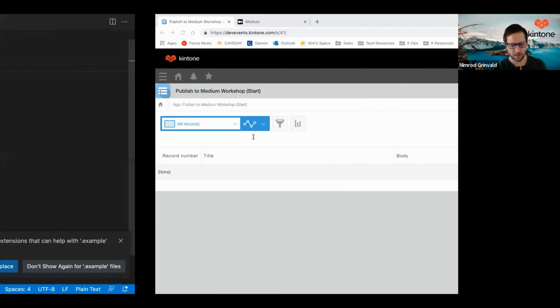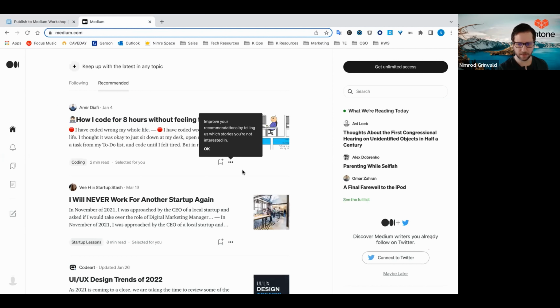Let's get the values. So how do you get the API token? Well, what I'd like you to do is to sign into Medium. If you haven't already created a Medium account, you can go ahead and do that. If you have, great, go ahead and sign in. You can sign in using Google if you don't have a problem using Google as your authentication gateway. There are a few other ones as well. Use whatever you like. The important point is when you sign into Medium, we're going to go into our settings,